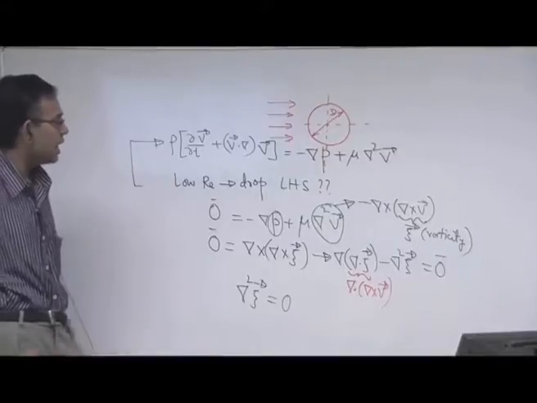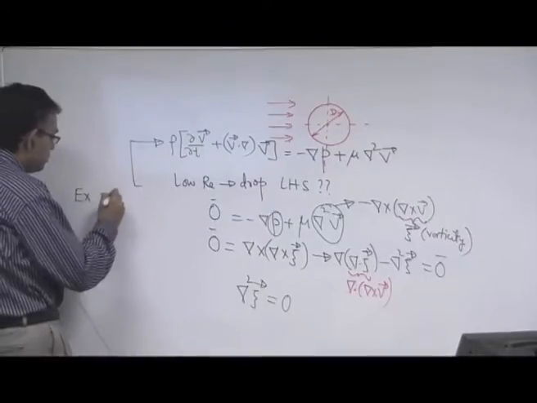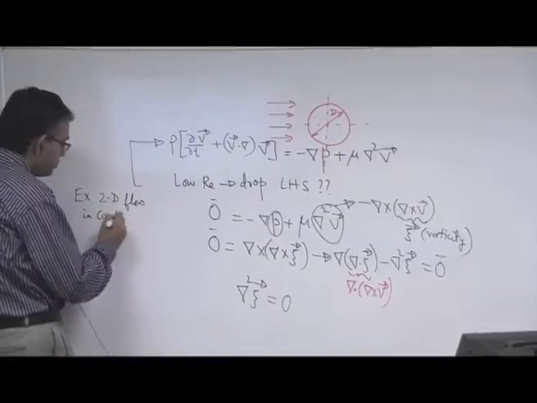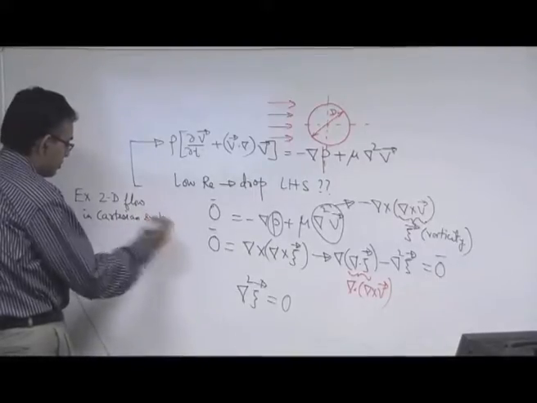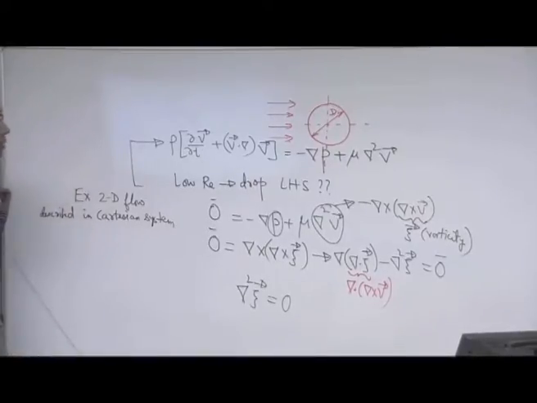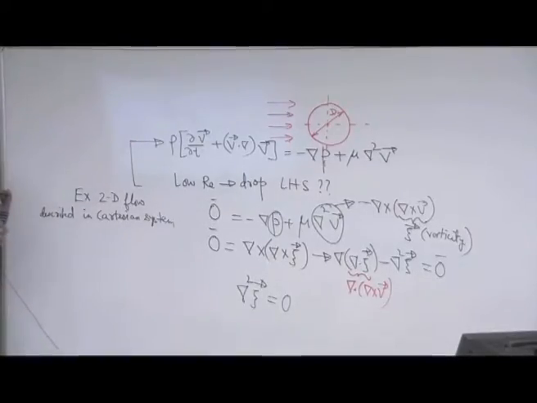Now, let us consider an example of a 2-dimensional flow, described in Cartesian system. We are starting with the Cartesian system not because we will use the Cartesian system to solve the problem of the sphere, but because of familiarity you can understand certain concepts which we will borrow for solving the problem of the sphere.